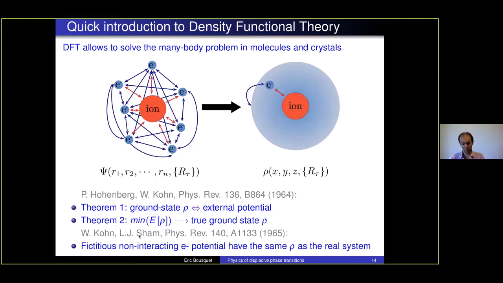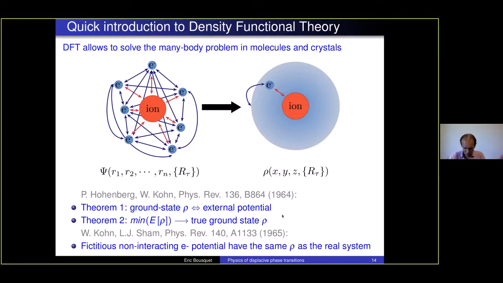Kohn and Sham is that, as I mentioned, if you suppose that you have fictitious non-interacting electrons, this is the picture I've drawn here, you have one electron interacting with the potential given by the rest. So you can take one electron at a time, and it just feels the potential of all the rest in average. And then if you do that, the density you find from this type of approximation is going to give exactly the same density as the true ground state density. So all of that is made to solve this many-body problem.